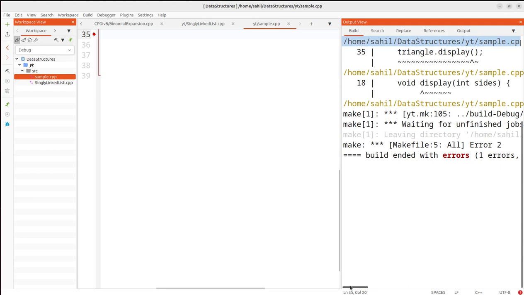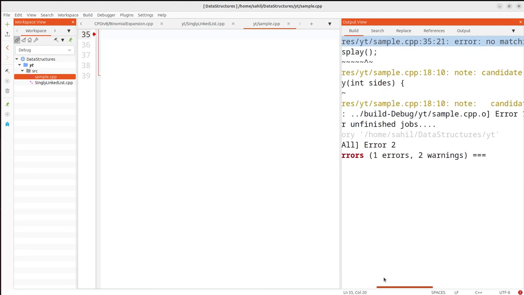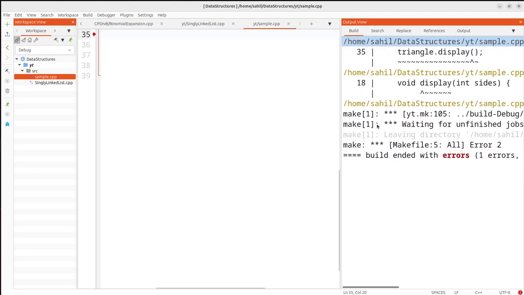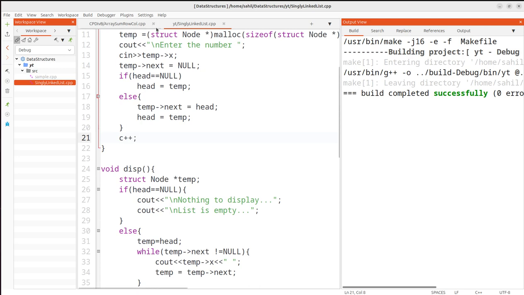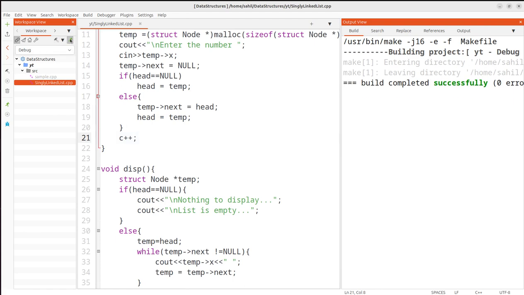Okay, so it's saying one error, void display. I think it's something else. It was checking for some other file. So let me compile this. Okay, so it built successfully. There are some other files also in the list, so let me remove this. So right now we have only one file over here. Okay, so this file is without any error. And if we execute this,